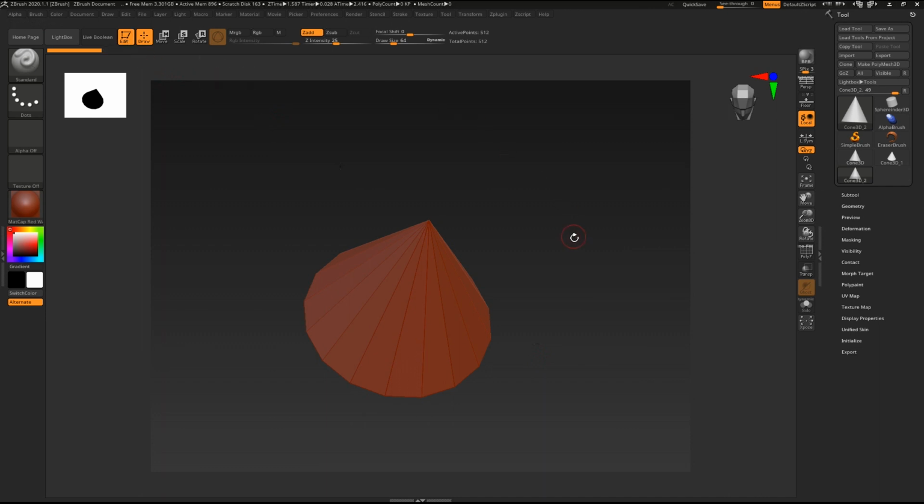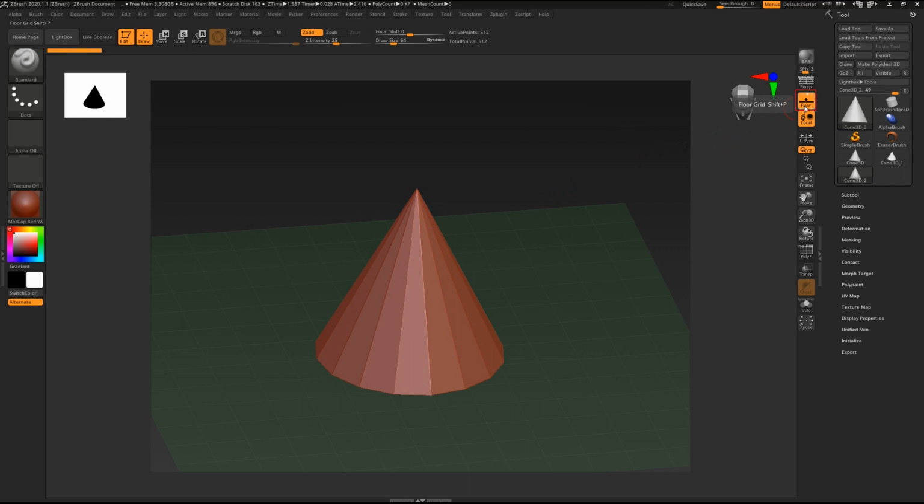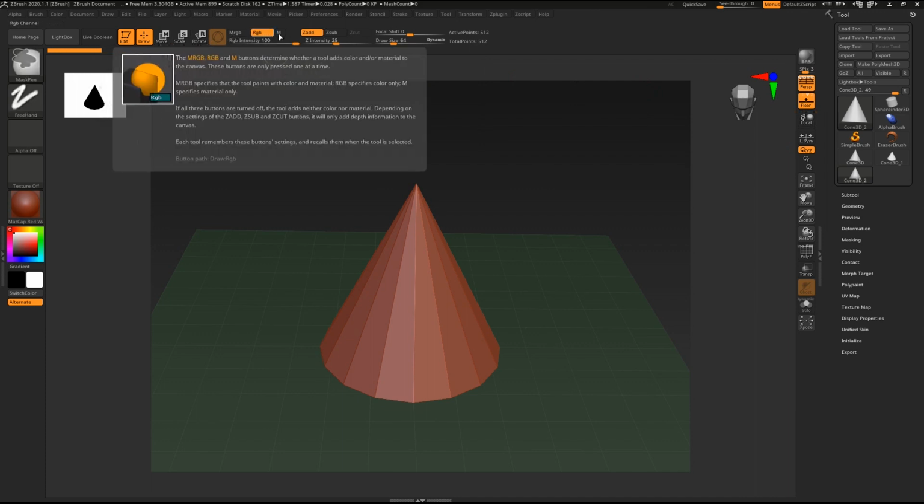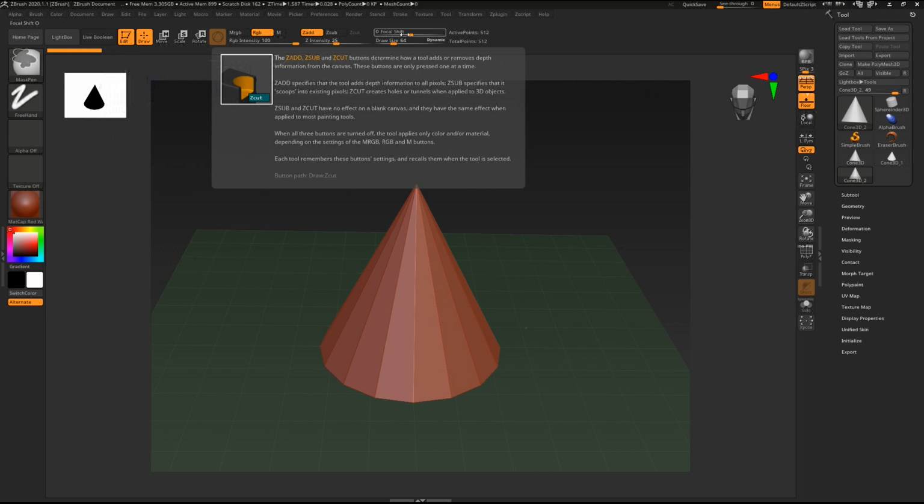But to better understand it, we want to activate the floor. So just go here and click this button. I also want to activate the perspective because in real life we have perspective distortion. So just press the P button to activate perspective. You can also activate it from here too. You also see that in ZBrush anything that is activated is highlighted in orange color. I am just activating some stuff so you can see that.